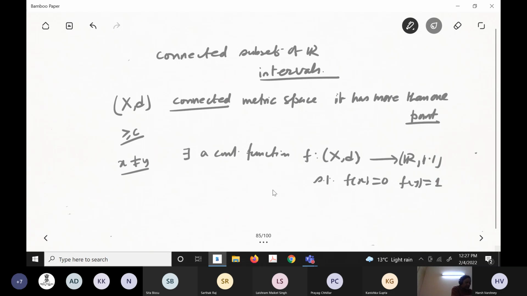Now, again I'm telling you, I am not doing it right now. I am thinking of giving a problem in the exam, but you will have to use basically similar arguments in that. Now look, X is connected, so fX is an interval. X is connected, and the continuous image of a connected space is connected. So fX is an interval